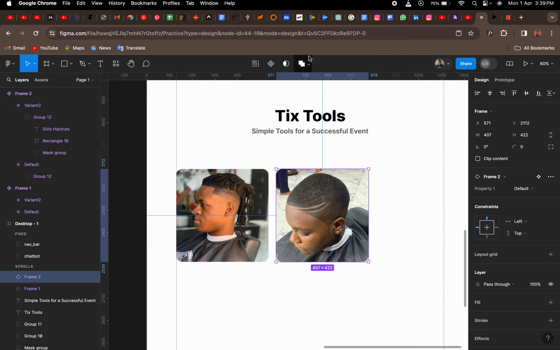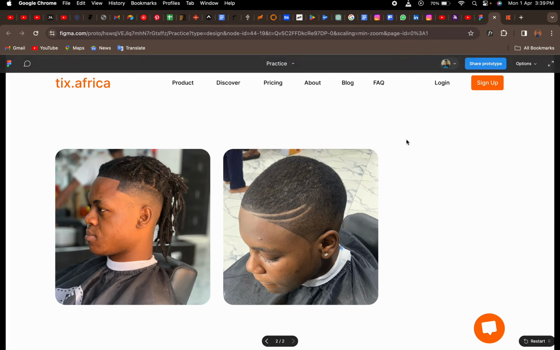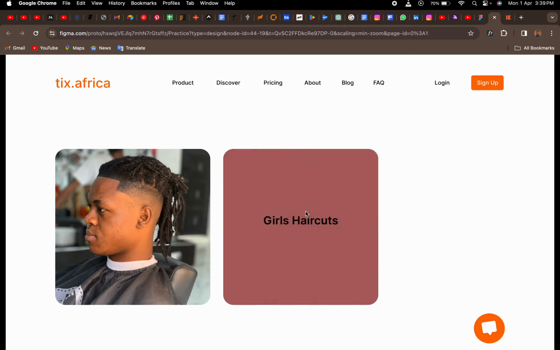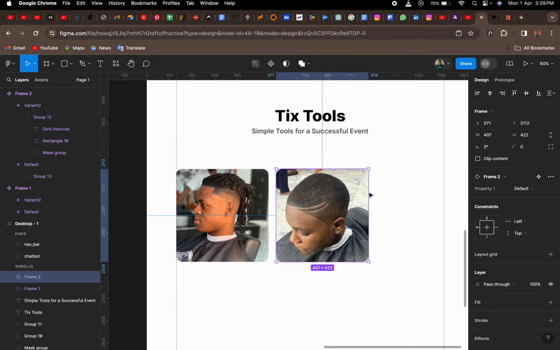So now if we go back to our prototype, the presentation mode, you notice we have it here. All right, immediately we hover, you have this girl's haircut. So as many as you want to do, you can decide to keep duplicating, but now you cannot duplicate